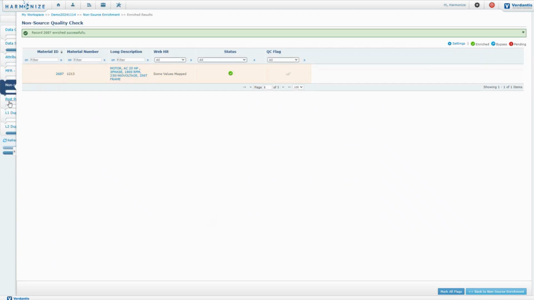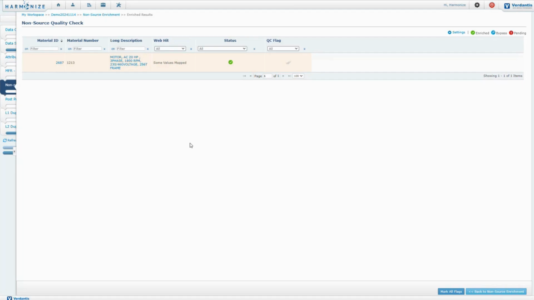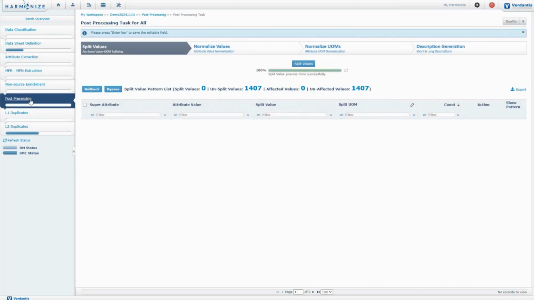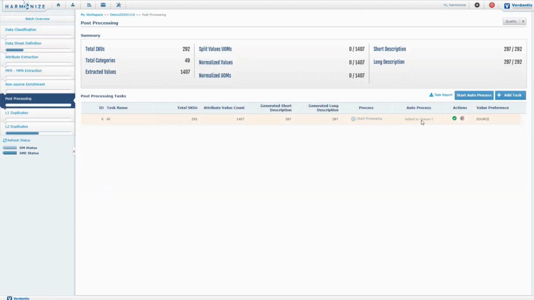Now, where do we see the updated description, right? So that's where normalization or auto-norm comes in. In auto-norm, let me start processing. Let me go back and run auto process so that we can see all of this done fairly quickly. So here it is going to normalize the values, normalize the units of measure, making sure that